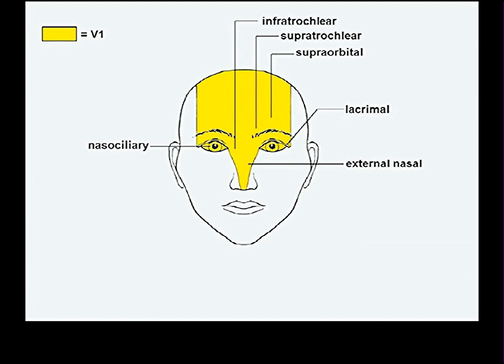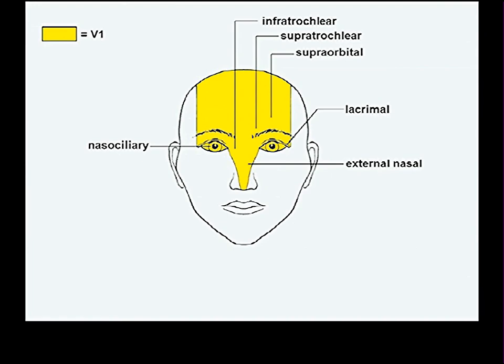And here they are, all of which names should be familiar to you. The actual eyeball, and most importantly, the cornea of the eyeball, is done by the nasociliary branch of V1. The nasociliary branch terminates by dividing into an anterior ethmoidal and an infratrochlear. The infratrochlear comes out and does a little bit of the medial part of the upper eyelid and the skin over the bridge of your nose. The anterior ethmoidal pierces the anterior ethmoidal foramen and enters the ethmoid air cells. It actually does the ethmoid air cells. I can't draw that, it's a non-surface sensory function.